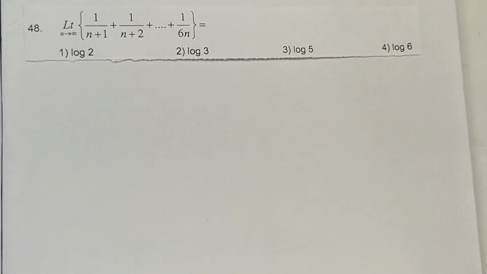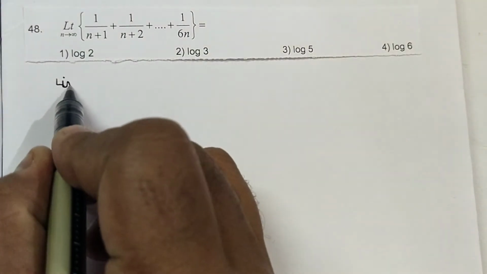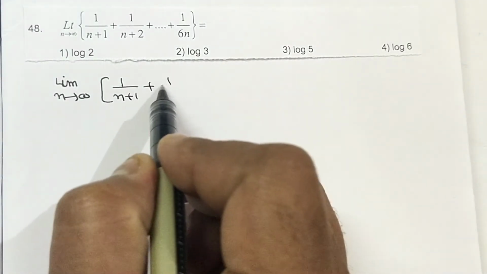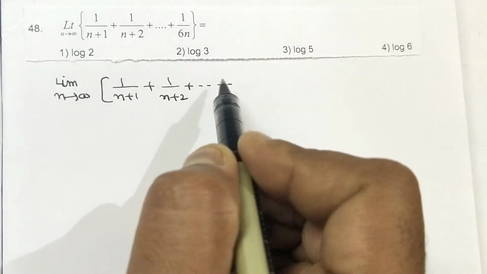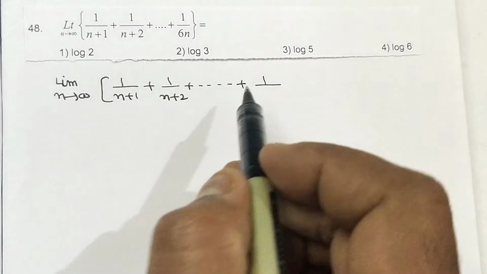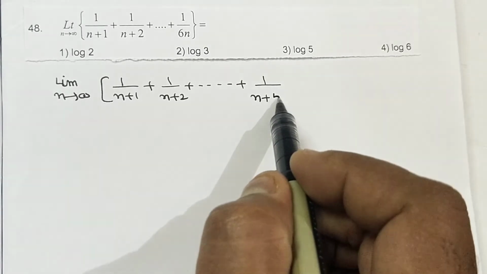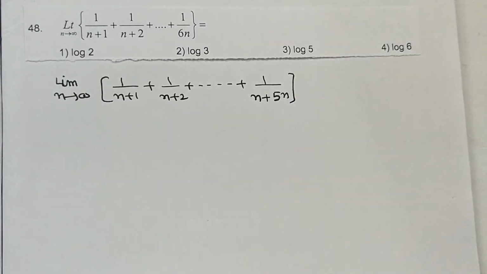Now the next question. Limit n tends to infinity of 1 by n plus 1, plus 1 by n plus 2, plus and so on, plus 1 by 6n, equal to. Can we write 6n as n plus 5n? We can write it. Suppose 7n is there, you can write it as n plus 6n. 3n is there, you can write it as n plus 2n. So after this step,